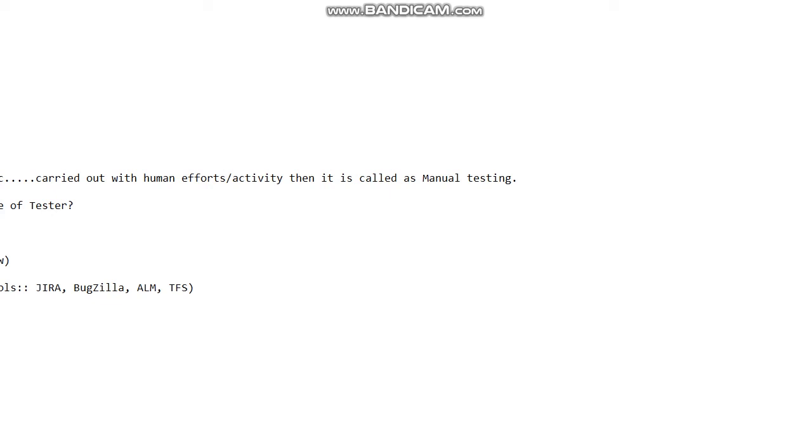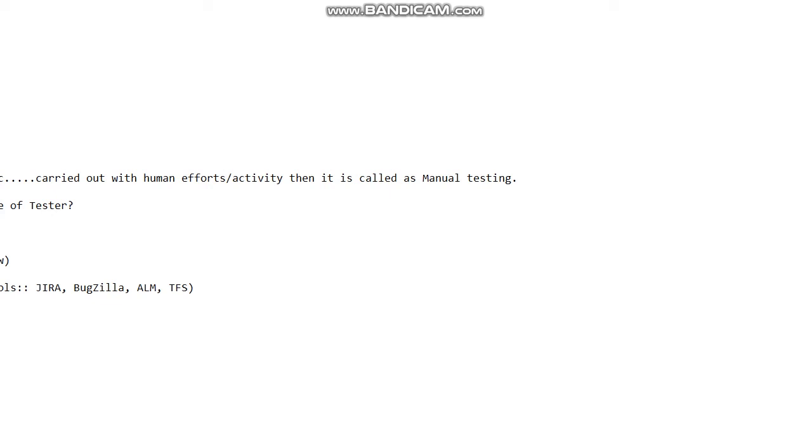So these are the seven. What are they? First one is understanding the project properly. The second one is ad hoc testing, where you don't have a particular process or you are not following any documents. If you are doing your own testing, that is called ad hoc testing. The third one is formal testing, where there is some process to follow, and you have some documents to follow before performing any testing.